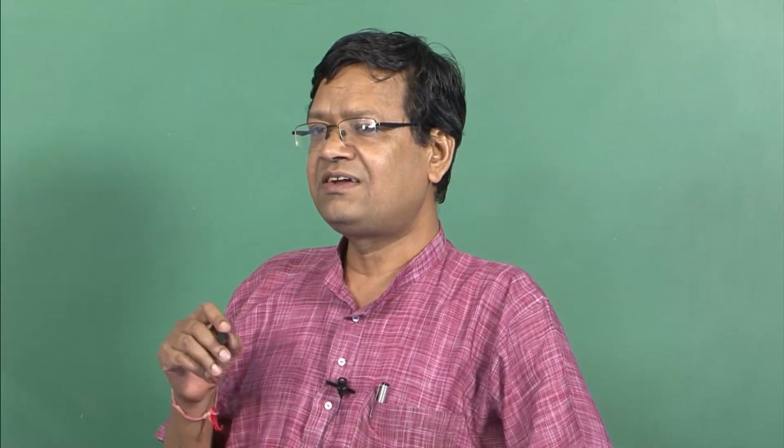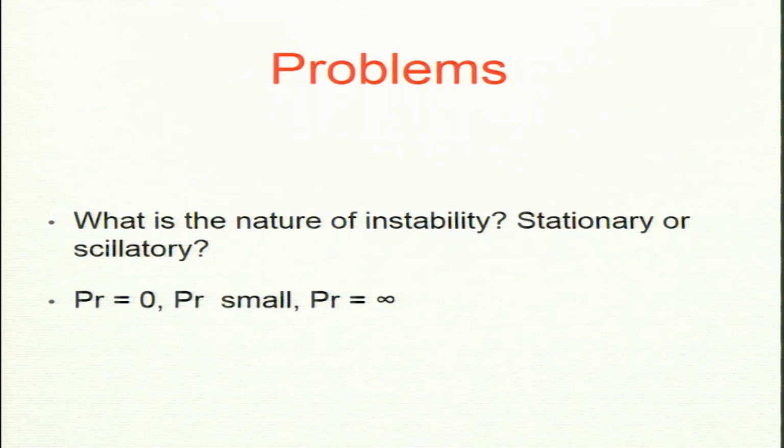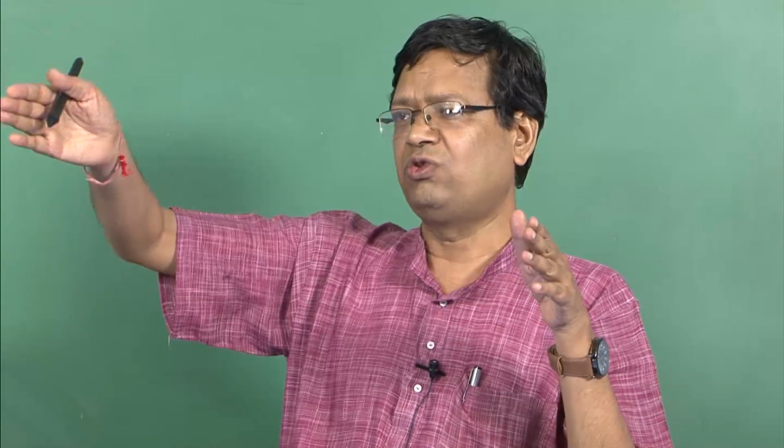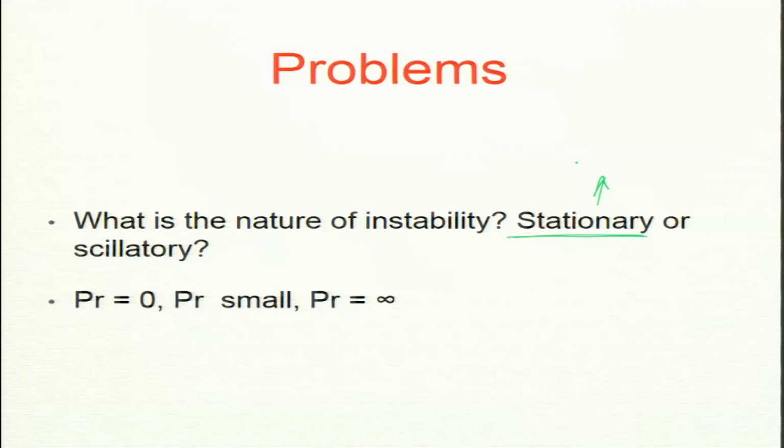Now, since my eigenvalues are real, and change from negative to positive, it will be basically 0 before and become only growing rolls, not oscillating rolls. So, these are called stationary. What we get for Rayleigh-Benard is stationary. It will grow, but it is not oscillating, so non-oscillating. But sometimes the eigenvalue becomes complex. My eigenvalue is real right now, but it could become complex, and then the imaginary part will give you oscillations.